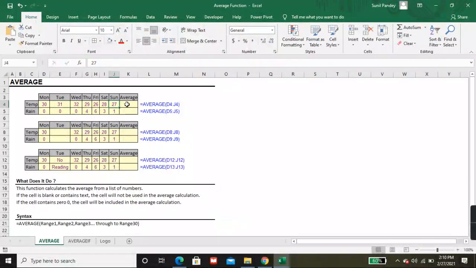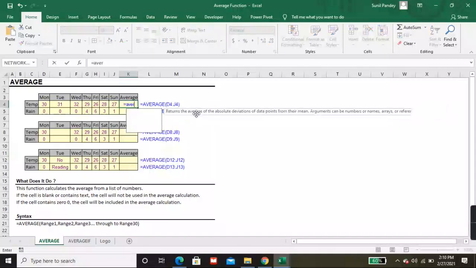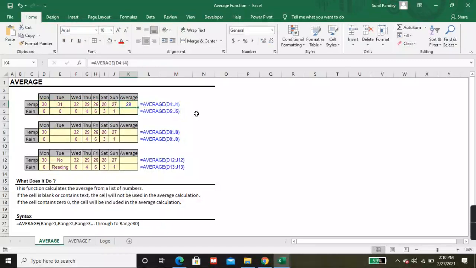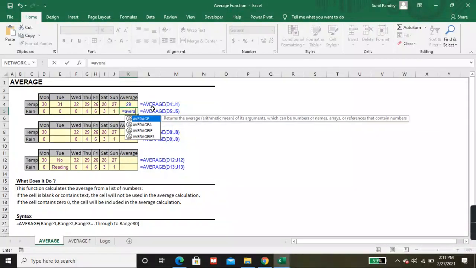So this is the scenario. I'll put the average formula and I'll select the range. Okay, so this is the average for all the weekdays, Monday to Sunday, and this is the range. We have a 0 also, so I'll put the average formula here also.